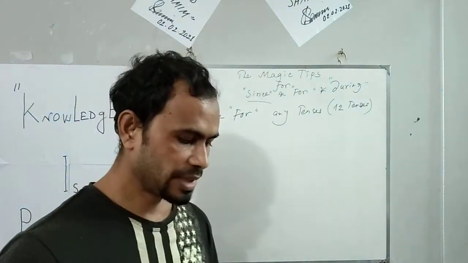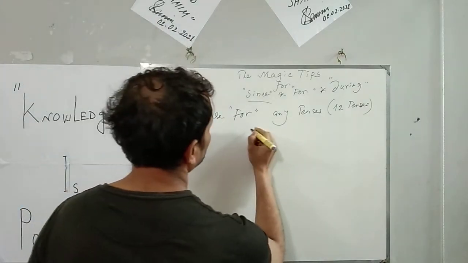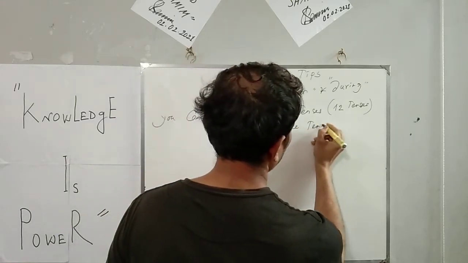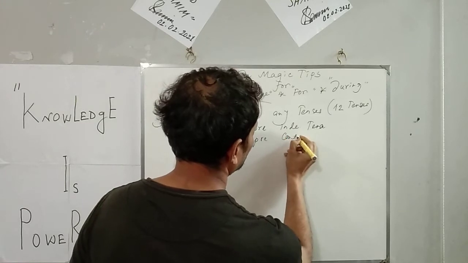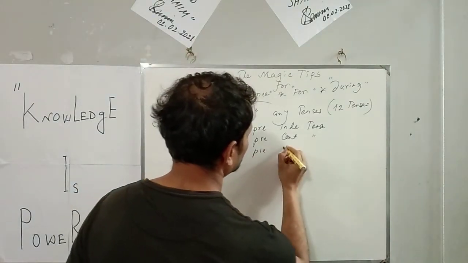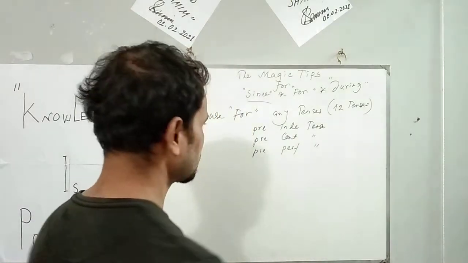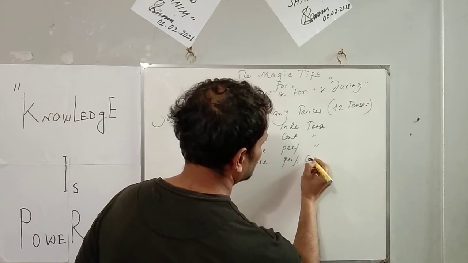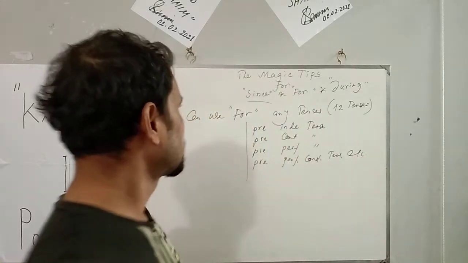So example, present indefinite tense, present continuous tense, present perfect tense, and also present perfect continuous tense, okay, etc. So you can use for